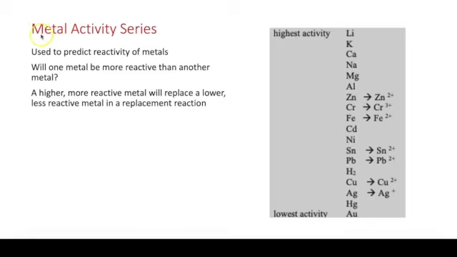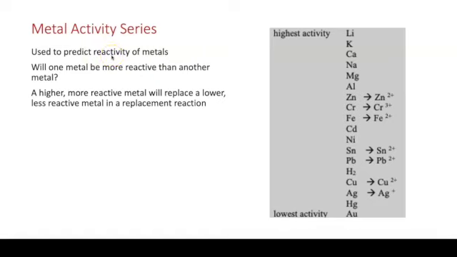So we can predict reactions when two metals are in the reactants. This can be used to predict redox. It can also be used to predict replacement. So we're going to look at replacement reactions. So this is the metal activity series used to predict metals when they are in a reaction, when you have two metals. And basically it asks when you have the two metals, will one metal be more reactive than the